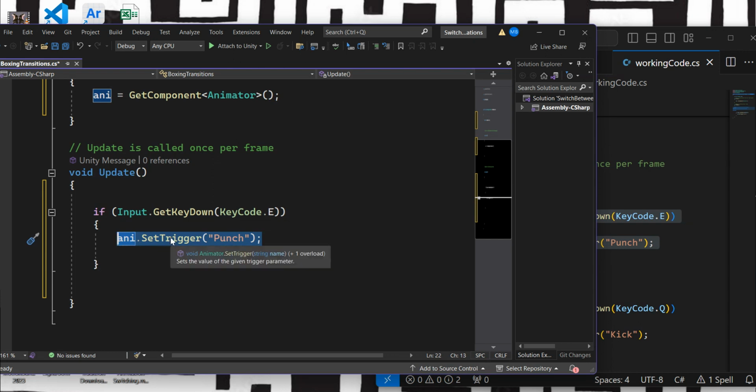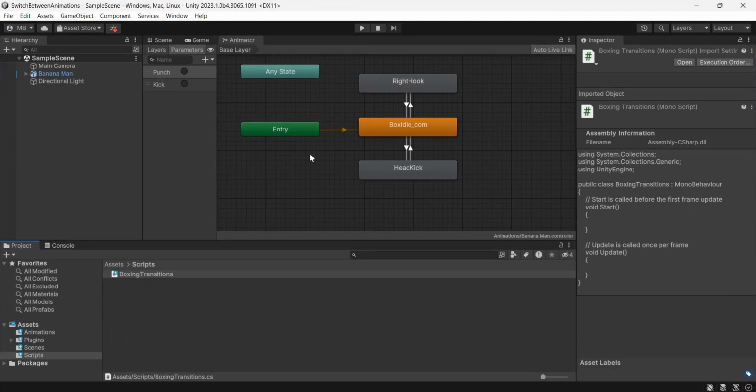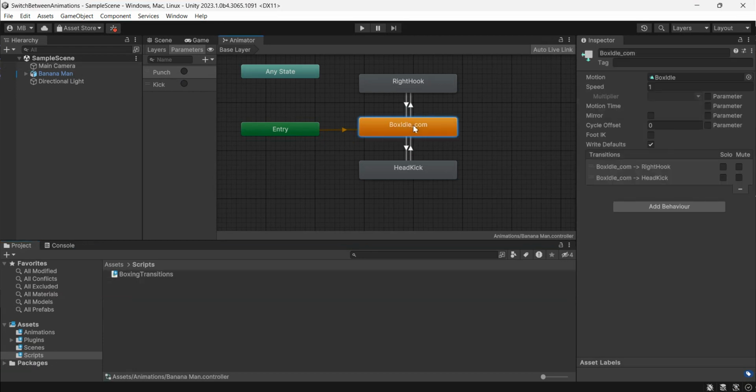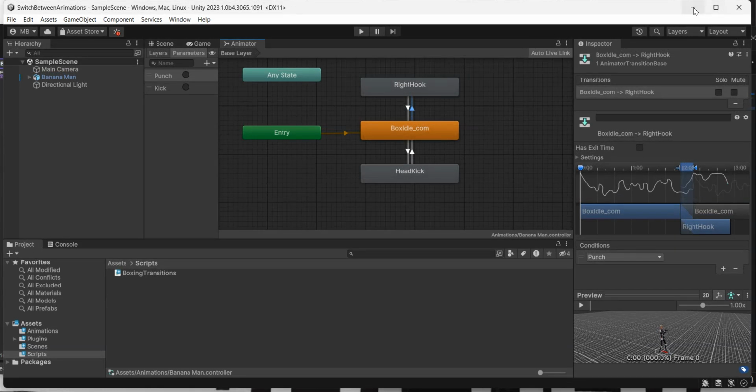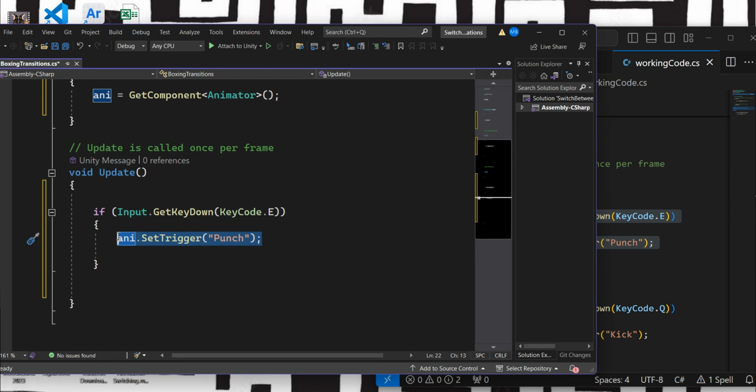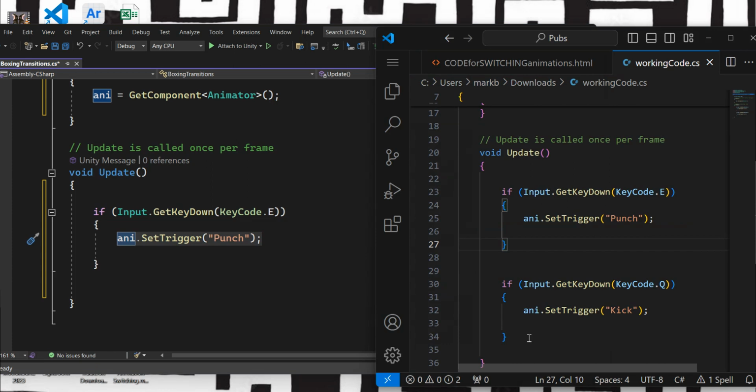I have set the trigger to punch, and that trigger is this. Notice here's the right hook. The condition is punch. So what I've said is run that trigger. E will cause the character to punch. I have another if conditional, and I'm just copying and pasting these because I don't want to waste your time watching me type,